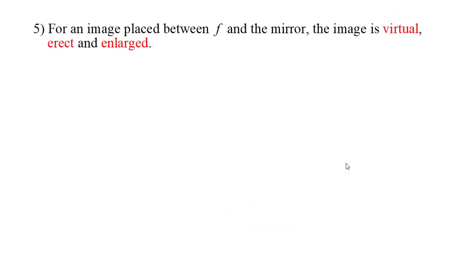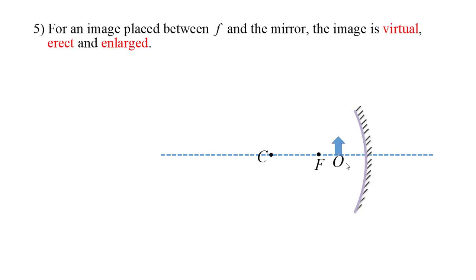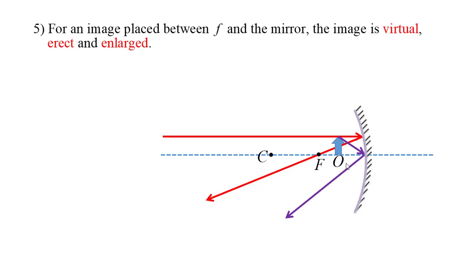Fifthly, for an image placed between F and the mirror, the image is virtual, erect, that means upright, and enlarged. If this is our concave mirror, this is the principal axis, C and F. If our object in this case is placed between the focal point F and the mirror, this ray coming parallel to the principal axis is reflected going through the focus as usual, and this ray is reflected leaving the same angle with the principal axis in this way, and this ray